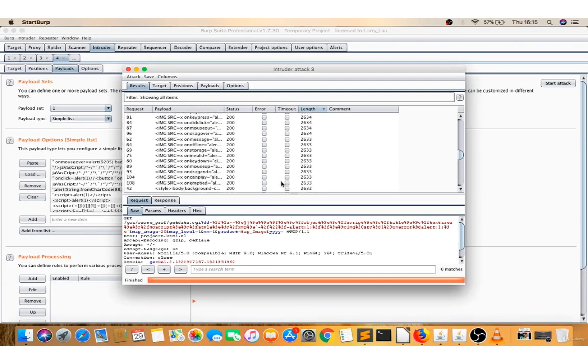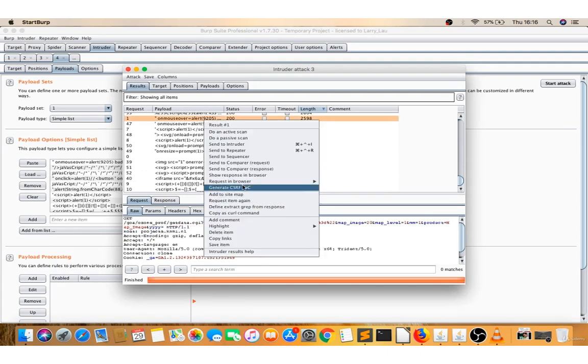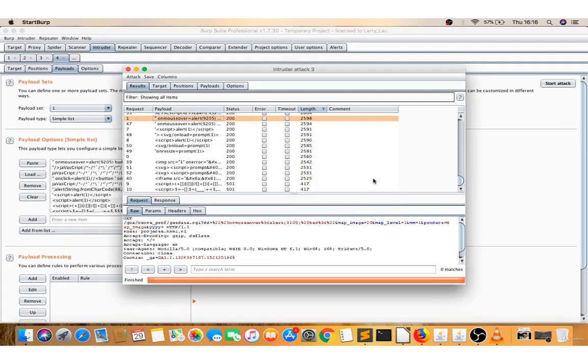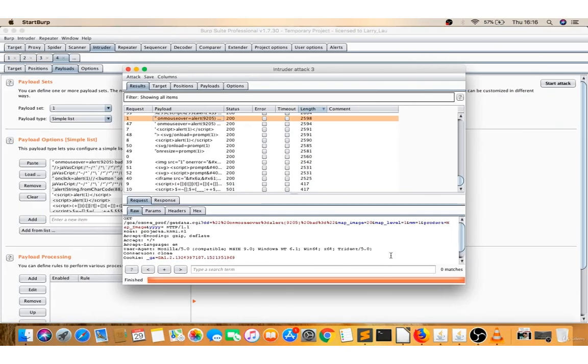Okay, you see, that means this may not be vulnerable, or you just hit and try on mouse over, but this is something you have to do. Show response in browser, move your mouse, this may work, no, so this may not be vulnerable. Now